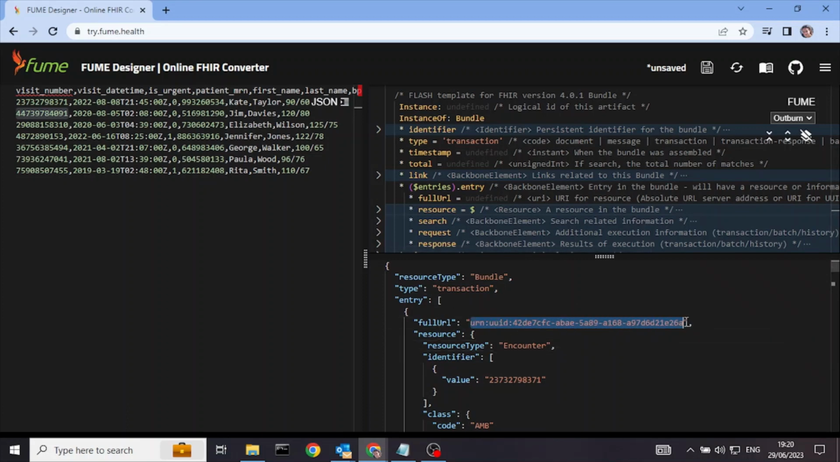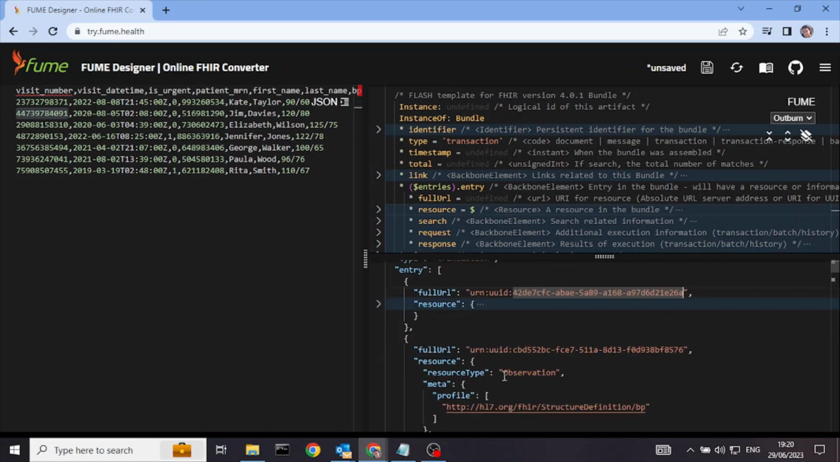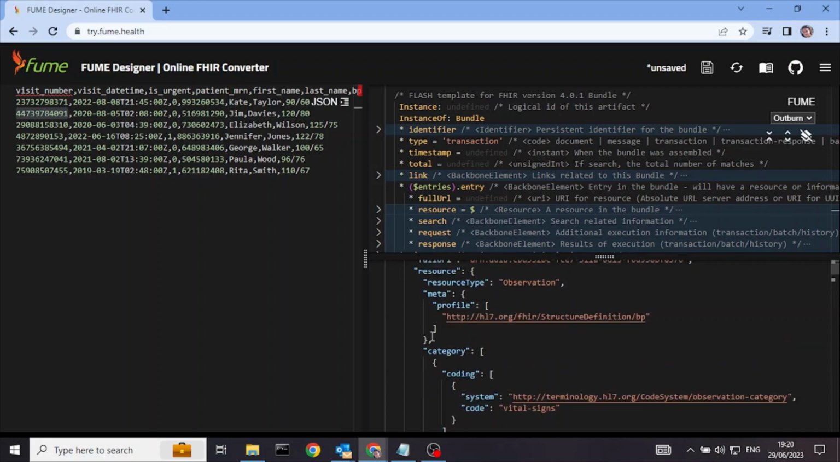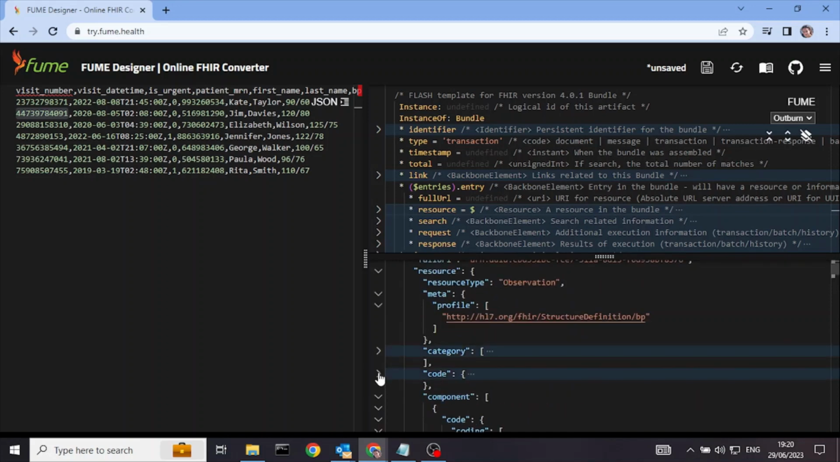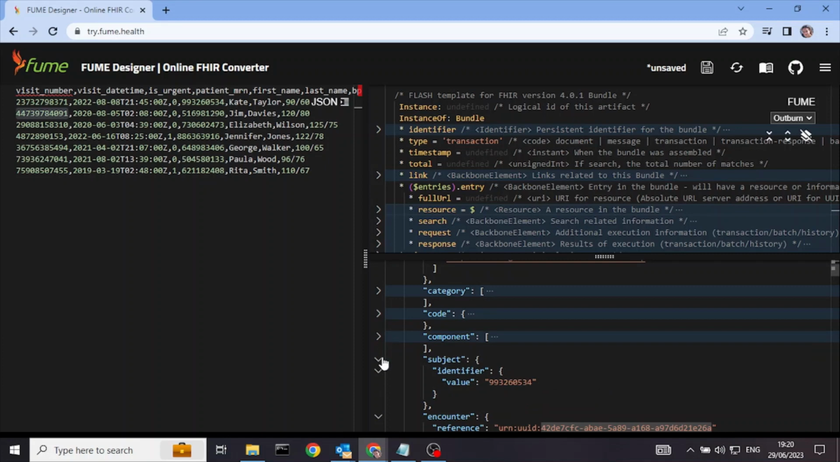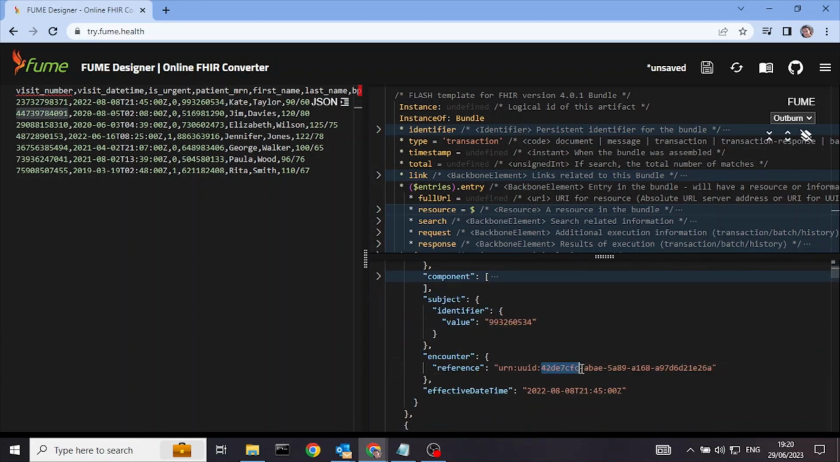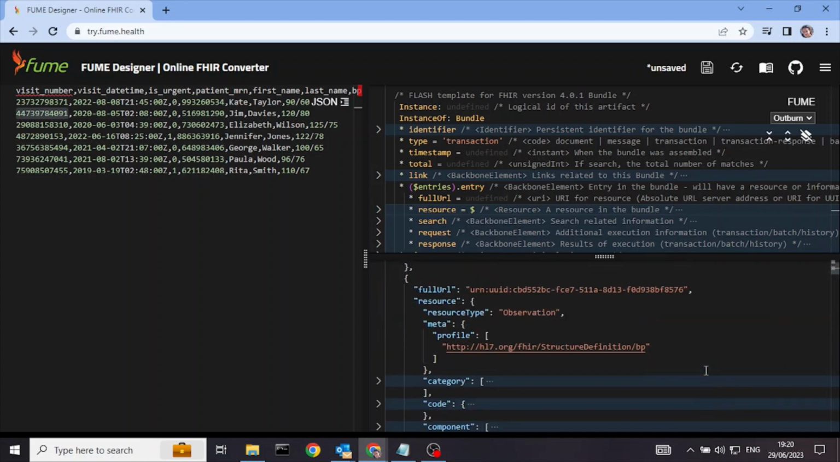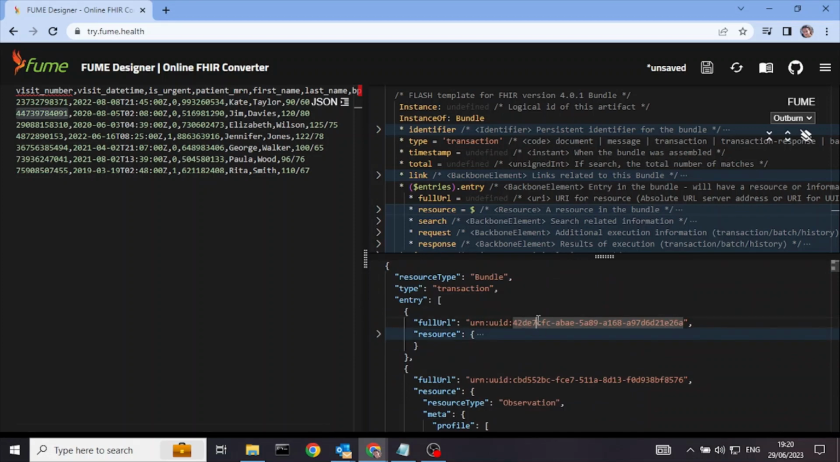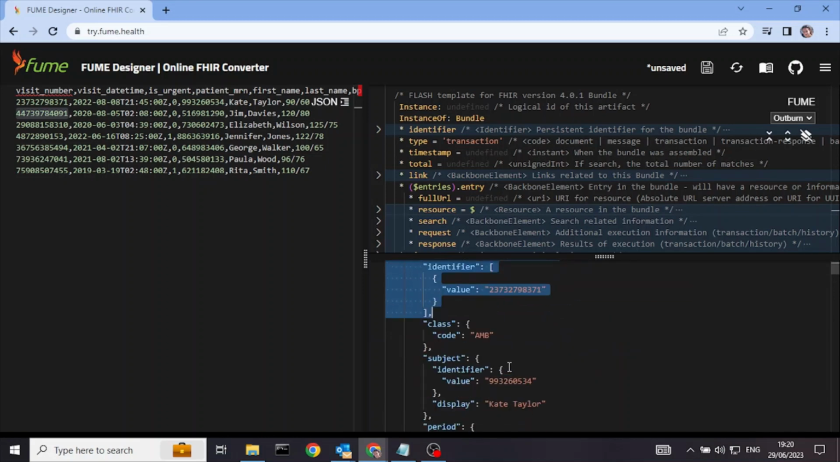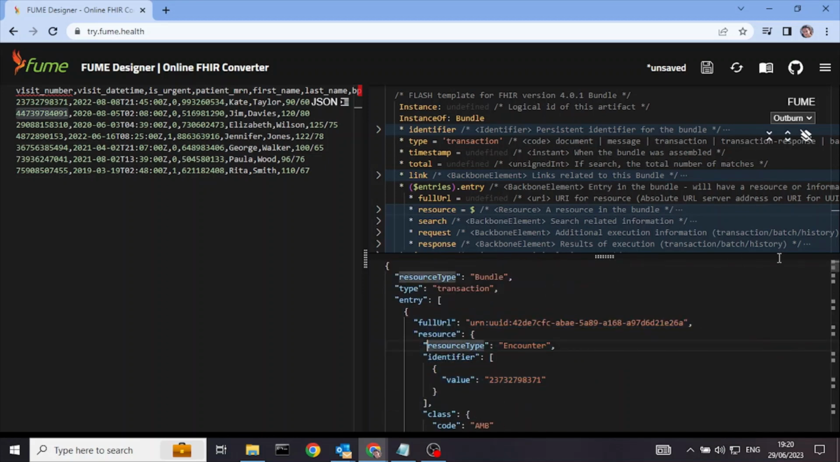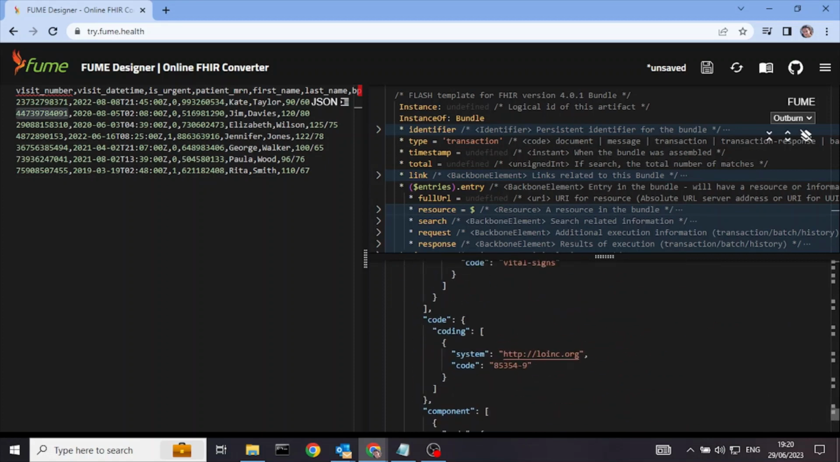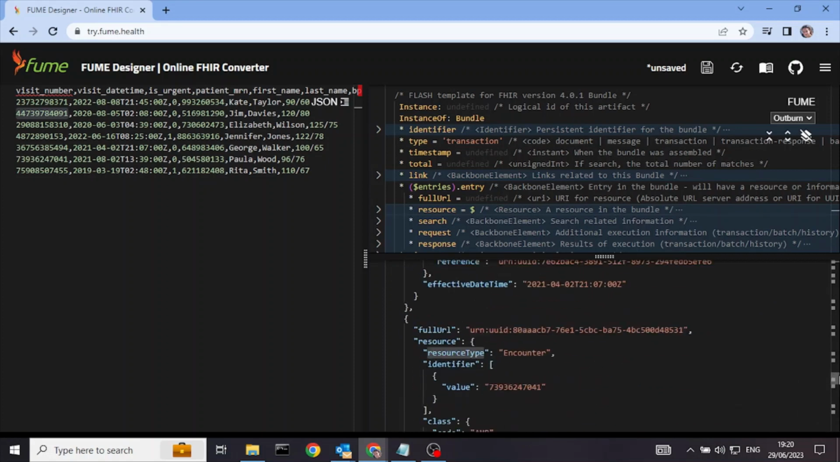You can now see that the full URL for each encounter is automatically injected here, and it corresponds to the full URL that is used in the reference. So this observation references the encounter using this UUID, and this is the same UID that is in that encounter's entry object. So we have the references, we have a bundle with all of those resources, and the only thing that's left,